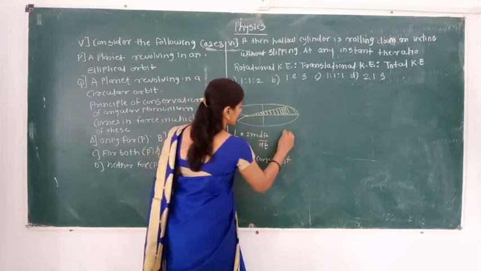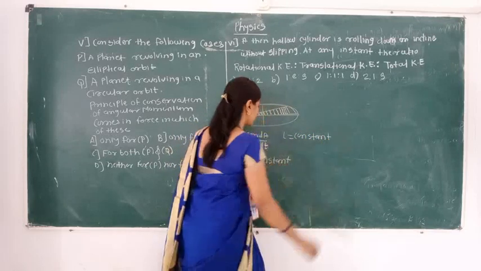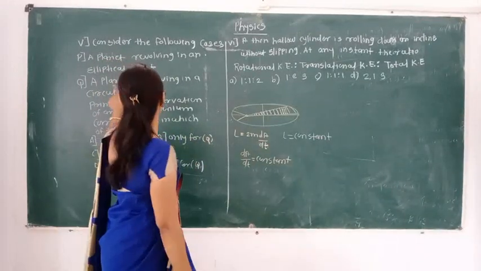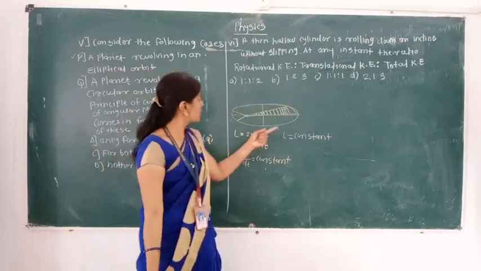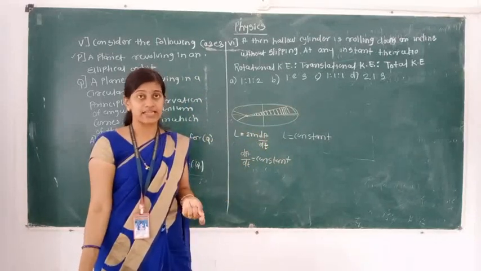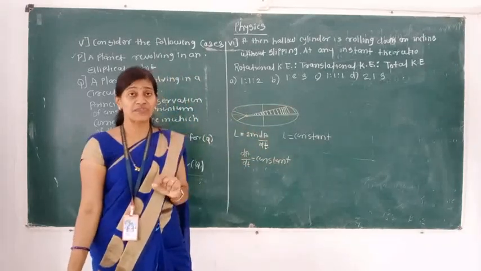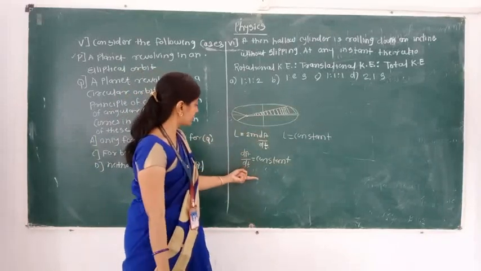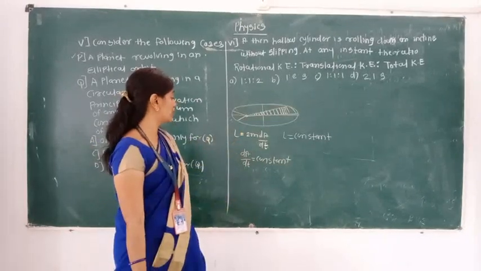So in this case L is a constant. L is what? It is the angular momentum. That means in the first case, in that elliptical orbit, the angular momentum remains constant. So for the first case, when planets are revolving in an elliptical orbit around the sun, as per Kepler's second law, the equal area swept by the radius vector or position vector in equal intervals of time is equal. By that, in gravitation, by Kepler's second law, the angular momentum remains constant.